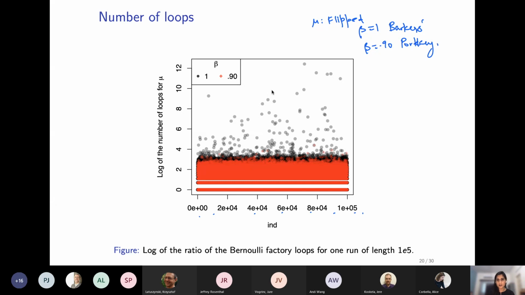So what you see is that there are enough instances where, for Barker's, the number of loops required is greater than e to the 10 for the same given proposal. So these are the same given proposed values, right? And so that means that we have these long wait times to just observe whether this particular iteration is going to be accepted or rejected. And we have to wait for the Bernoulli factory loops to do e to the 12 loops. And that's a pretty large wait time for just one run. But more painfully, it's